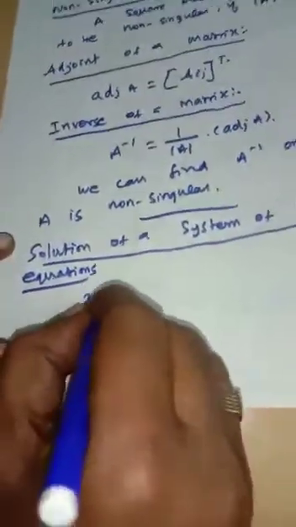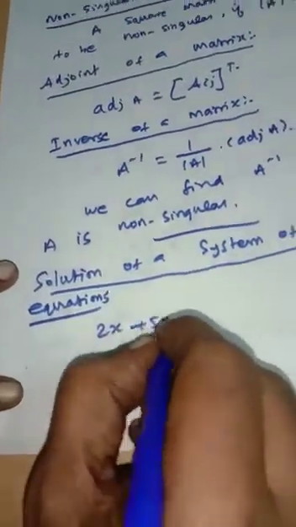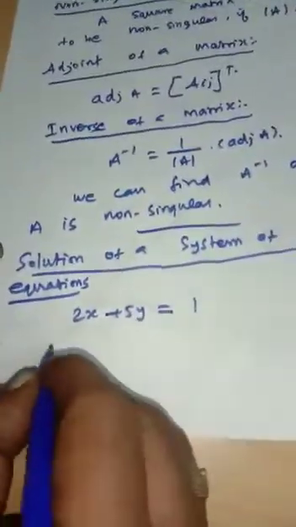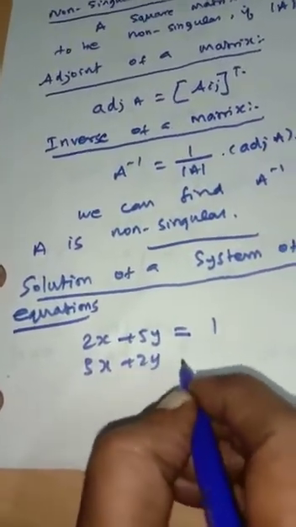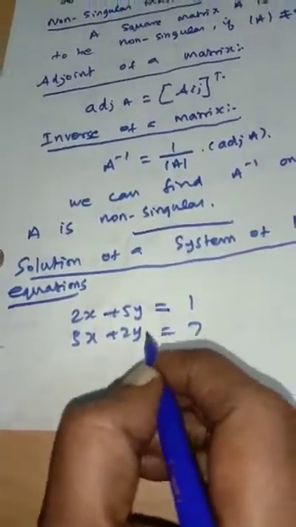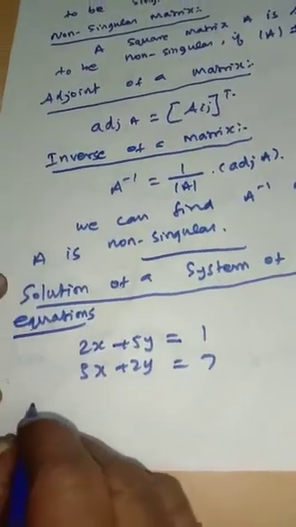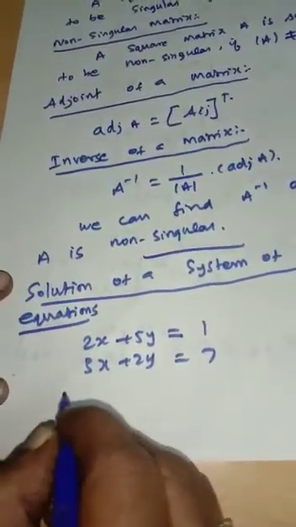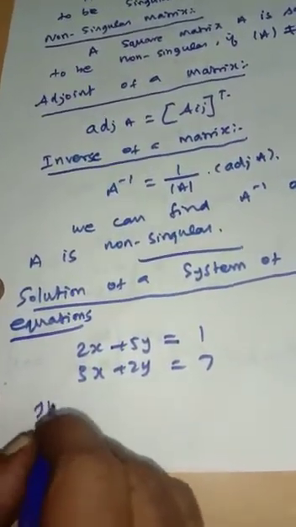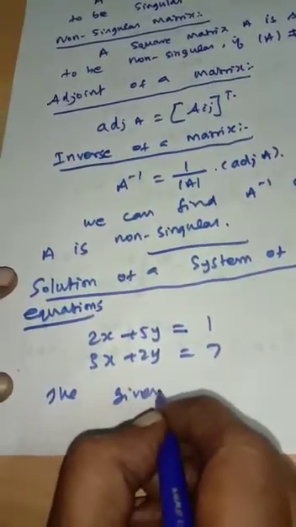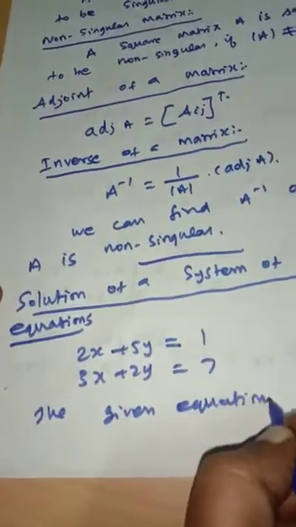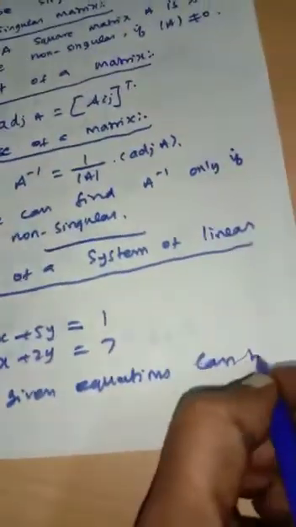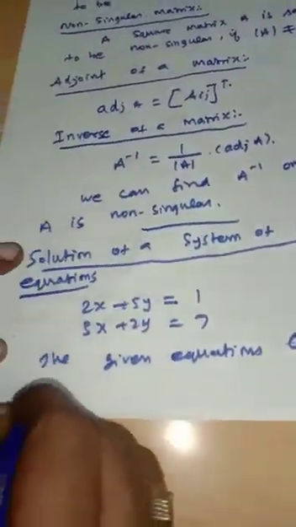Let 2x plus 5y is equal to 1, 3x plus 2y is equal to 7. The given equations can be written as